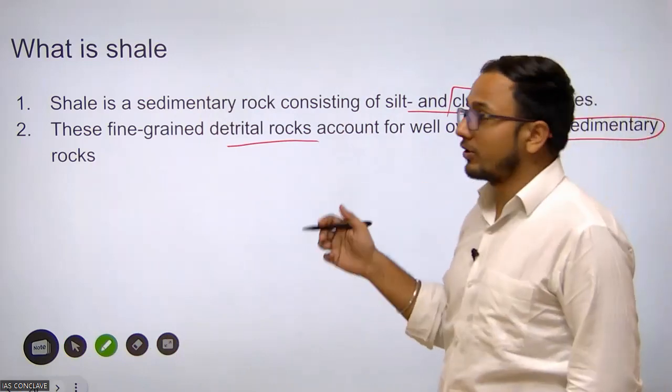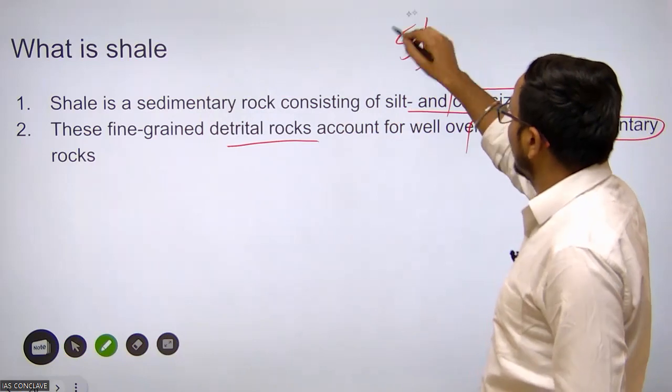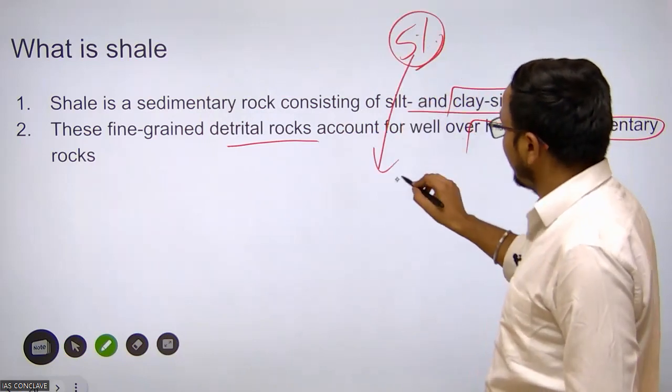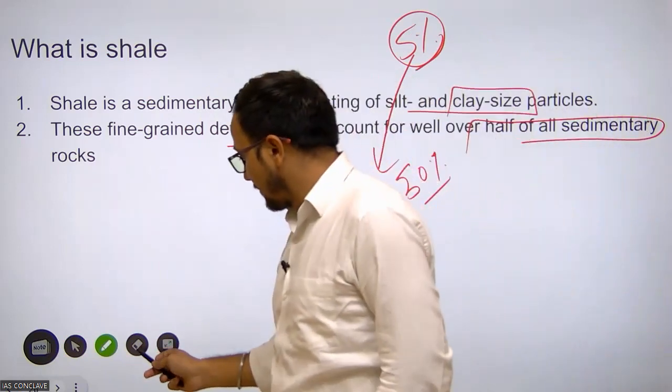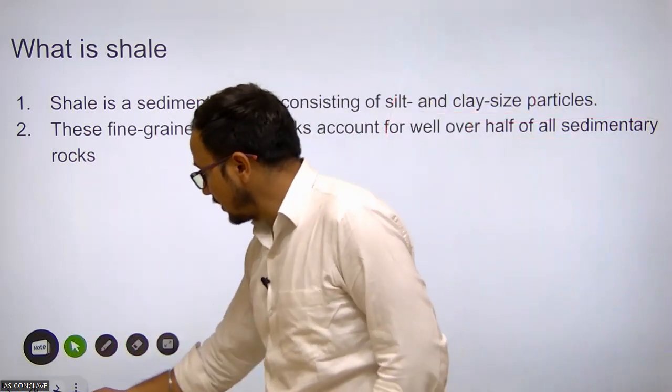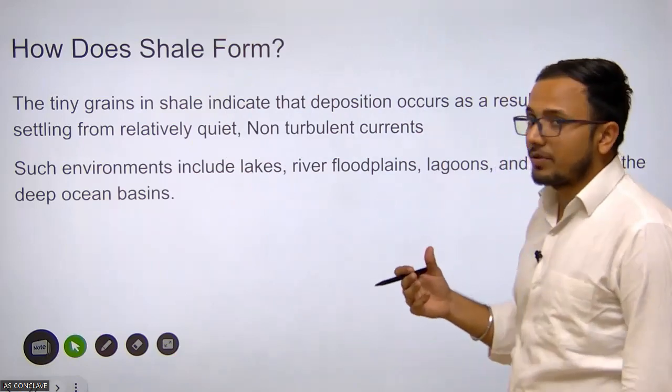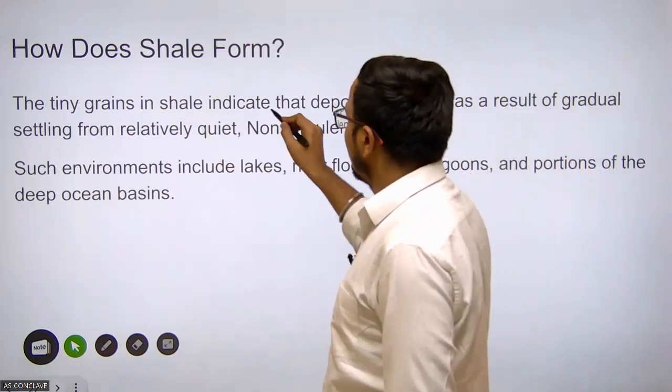If you look at the sedimentary rock, there are 5% sedimentary rocks only. In these 5%, 50% are shale. Now, how does shale form? The tiny grains in shale